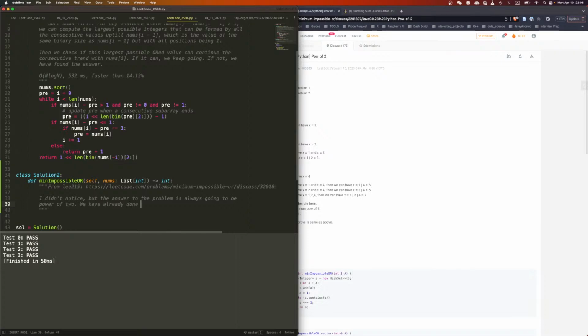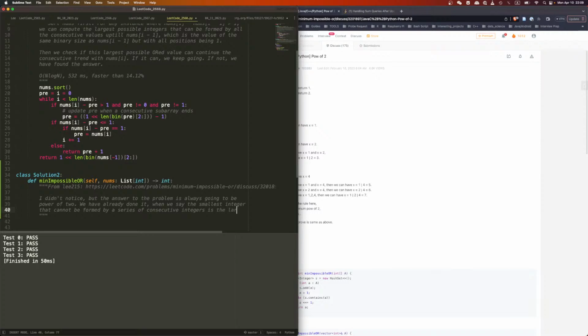We have already done it, actually. When we say the smallest integer that cannot be formed by a series of consecutive integers is